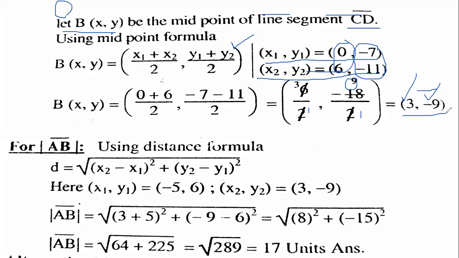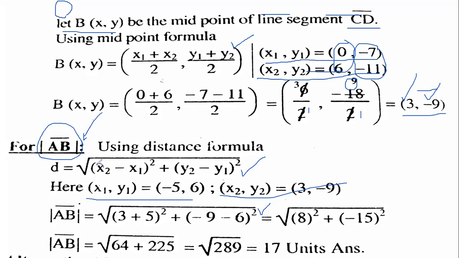Till now we have found the coordinates of A and the coordinates of B. Now the final step. We are in a position to find out the length of the line segment AB. And we all know from the very first day that we find the distance of any line segment using the distance formula. So first of all, write out this distance formula. How is this distance formula read? Root of x2 minus x1 whole square plus y2 minus y1 whole square. As we are going to find the distance of the line segment AB, from A, consider x1, y1, and from B, consider x2, y2. Substitute these values in the formula, and you will get this step.